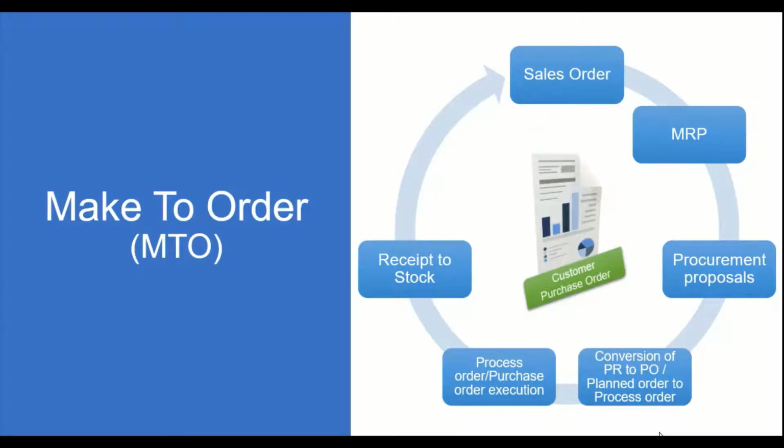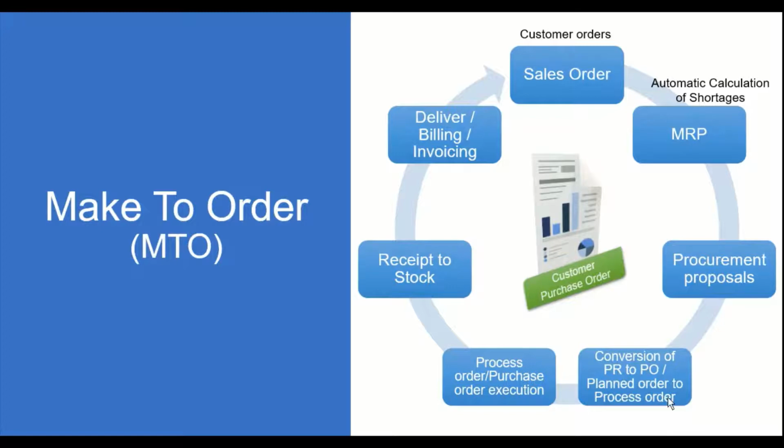So once we have the stock available on hand, the next step is to perform the delivery, which will be followed by the billing, and we are going to perform the invoicing for the suppliers from whom we have procured the raw materials and the packaging materials. So now in the overall process, right? The sales order plays the major role in controlling each of these elements. So now these customer orders, once they are created, in the background the automatic calculation of shortages will happen when we execute MRP. So all these here are the background steps.